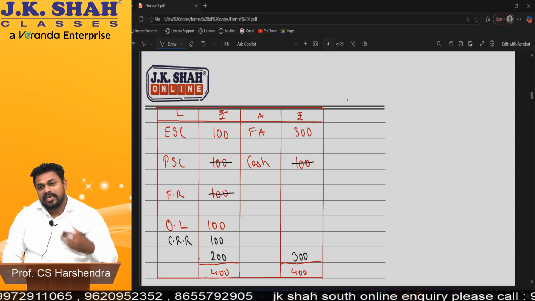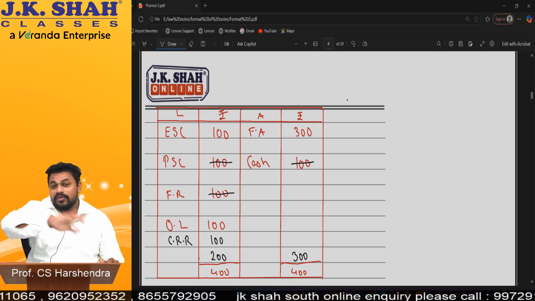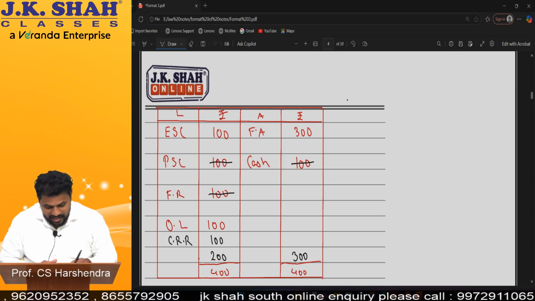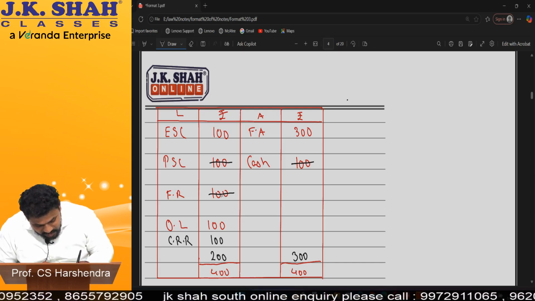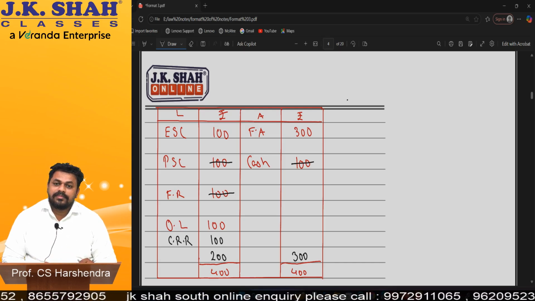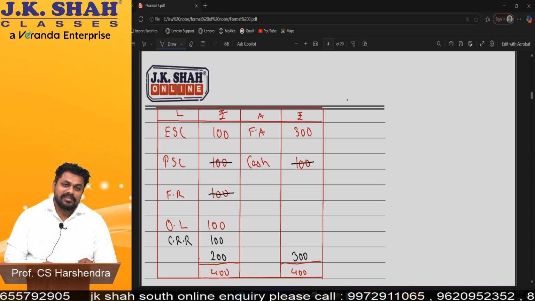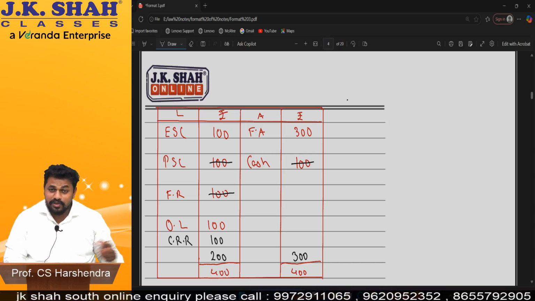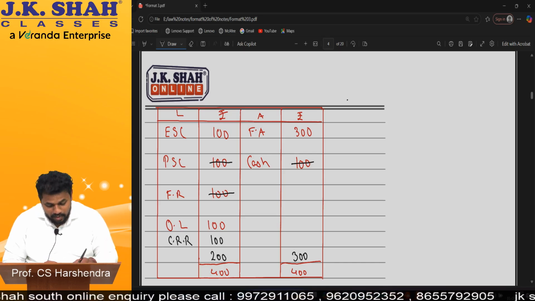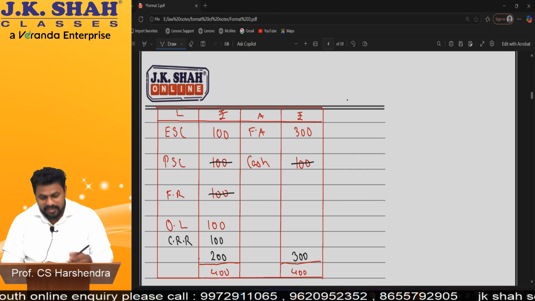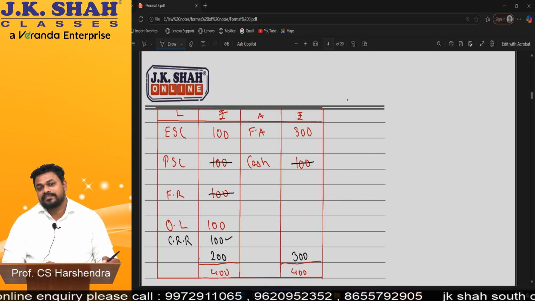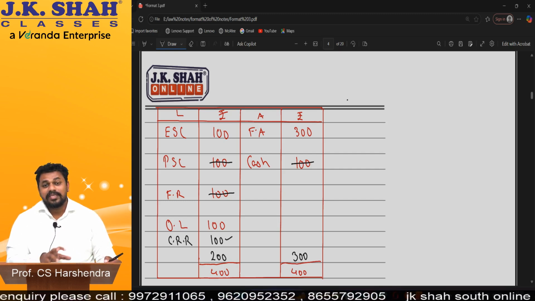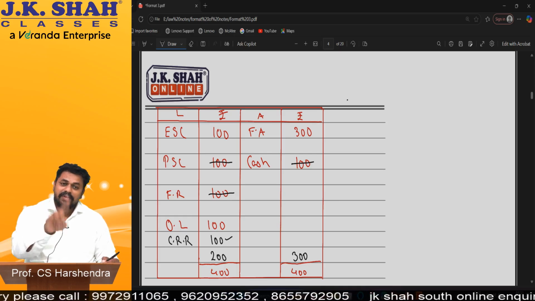But what is the reason? I'll tell you. See, there are two points and one beautiful question one student asked me here. See, these free reserves belong to whom? Equity or preference shareholders? Equity shareholders. We are utilizing their reserves to pay preference shareholders. So obviously we have to give them some reserve. Which reserve do you give? CRR. Am I clear with this? This is the basic reason why we create CRR.